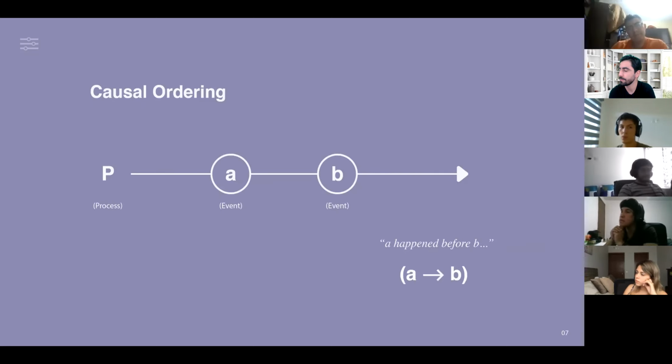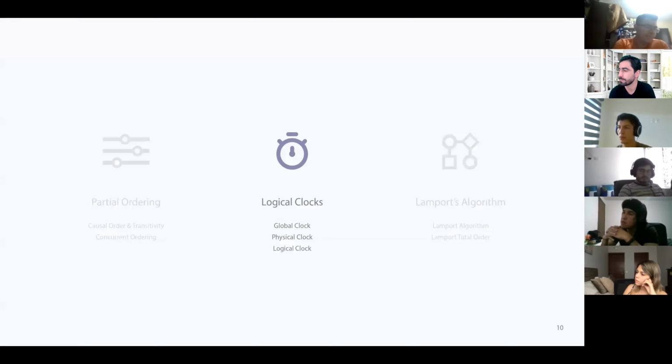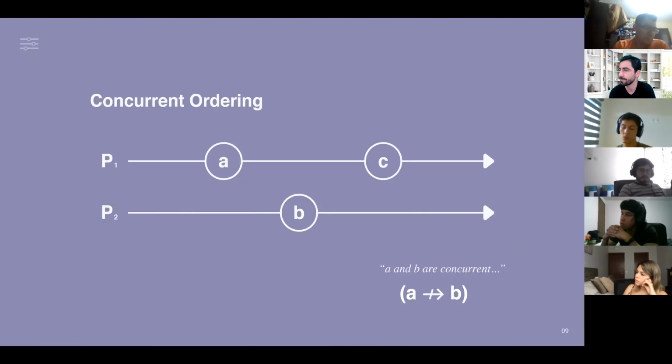But there's another, the opposite of causal order, which is concurrent order. Let's say we don't know which event happened before the other. We know that A and B cannot